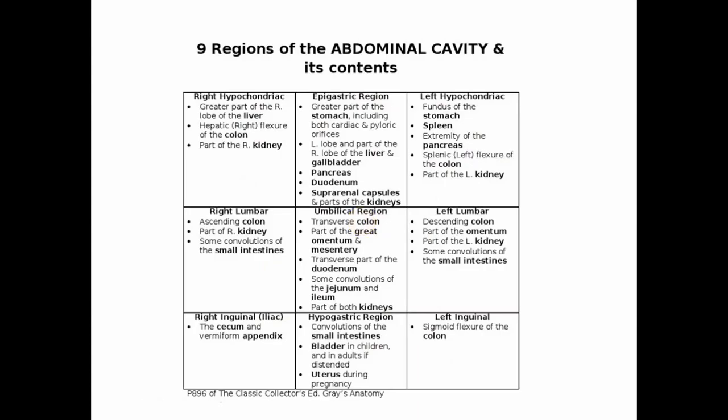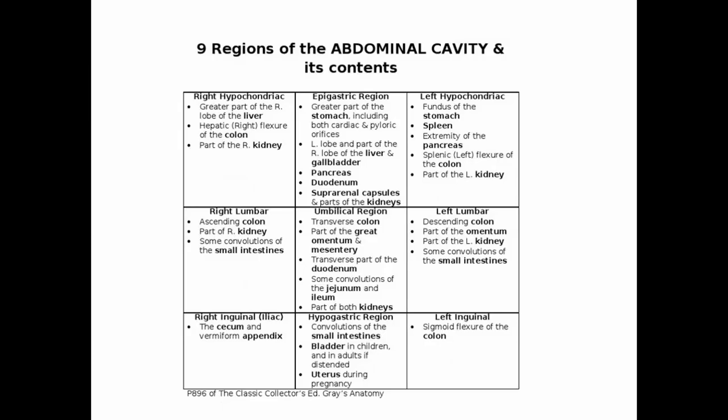Okay, so now the right inguinal region. In the right inguinal region are the cecum and the vermiform appendix, while the hypogastric region consists of convolutions of the small intestine, the bladder in children, and in adults if distended,